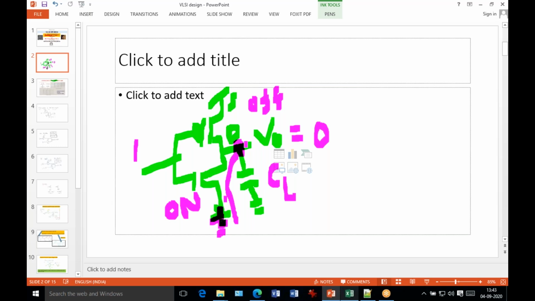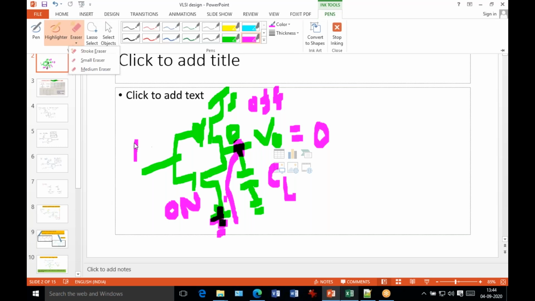So you see the features of the CMOS inverter. One time the capacitor is charged if the input logic is 0, and in another case the capacitor is discharged if the input logic is 1. So that is the case here in the CMOS inverter, which is a combination of PMOS and NMOS. At one time one transistor is on, but both transistors are not on at the same time.